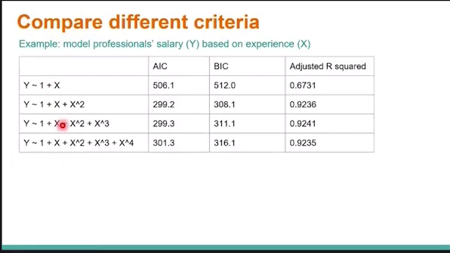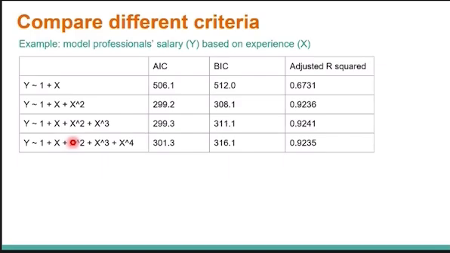The first one that I fitted is a simple linear regression. The second one is a polynomial of degree 2. The third one is a polynomial of degree 3. And the fourth one is a polynomial of degree 4. And what I did after estimating the parameters in all these models,